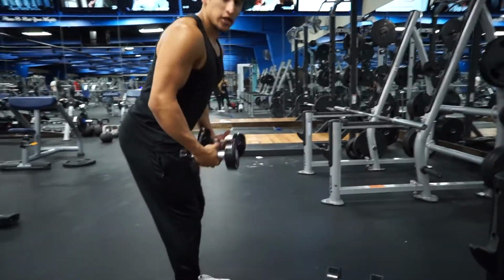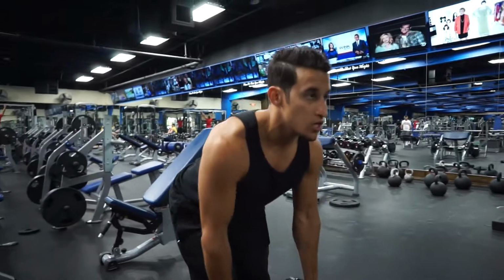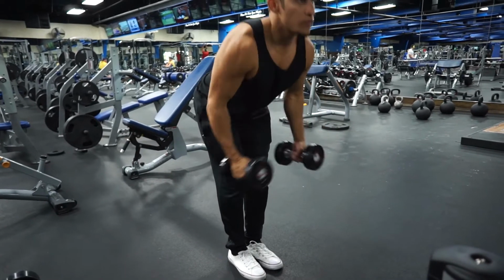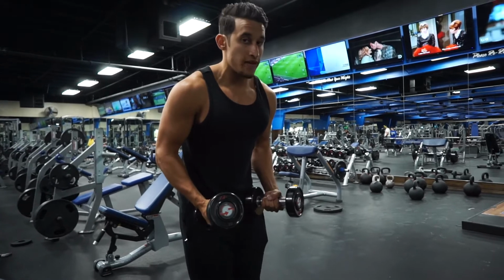Pedro has kind of explained how he did it. He comes down to a nice neutral, nice close stance. Come down, neutral spine, meaning back is straight, and he kind of likes to just bring them out, moves to the back. I personally don't feel like I engage my rear delts as easily,